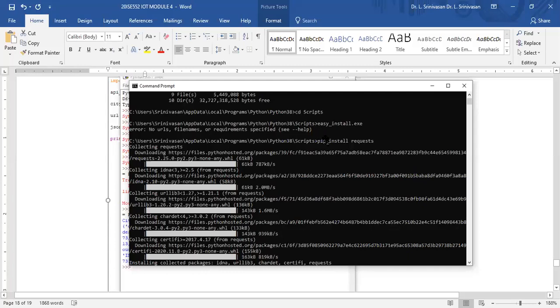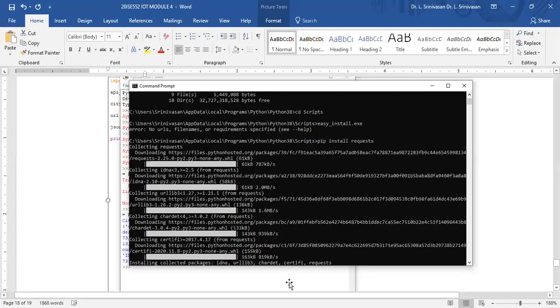Then we have to type pip install requests. You have to give this command. Then only this requests library will be embedded into your Python directory. Okay, this you have to remember it. It is pip install requests. Okay, then only this will work fine.